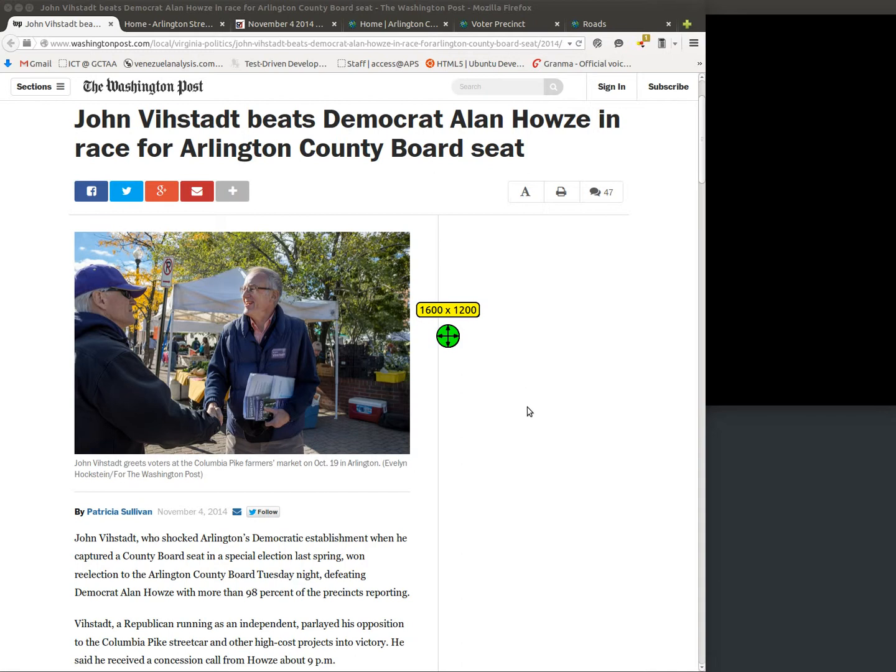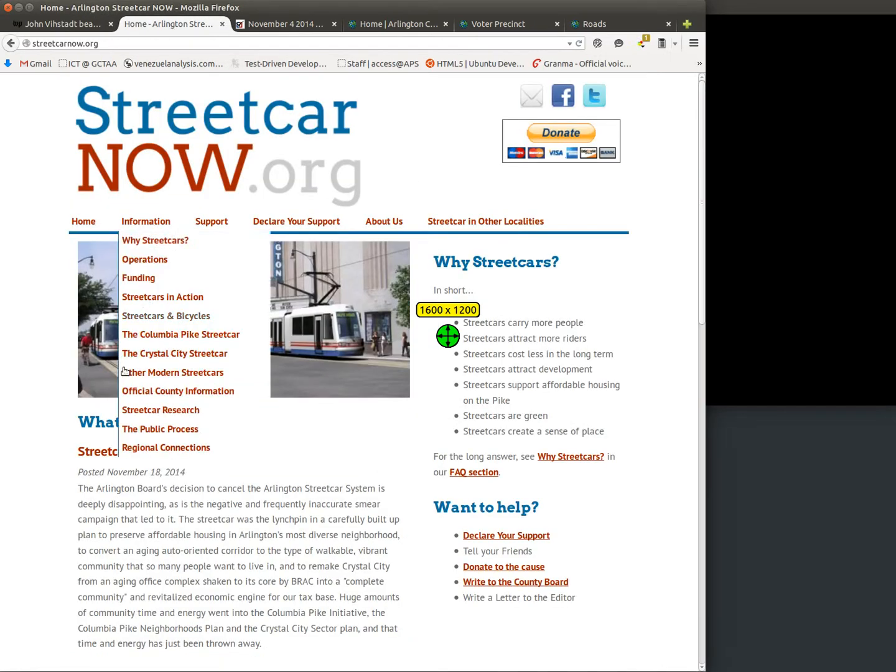John Weisstadt won the election, and this was the first time he was not a Democrat. The Democratic candidate was Alan Howes, and this was the first time that a non-Democrat had won a county council general election in Arlington since 1983. So it was a very significant election, and the issue that drove the election, that most analysts say was the